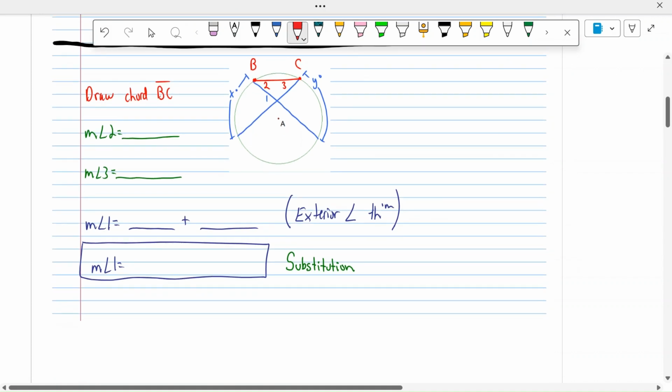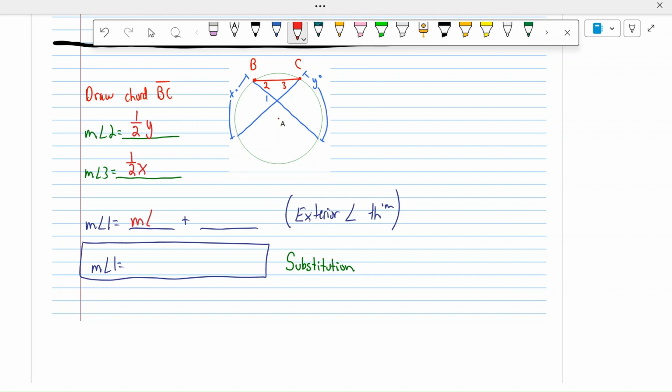So what we're going to do is draw in this auxiliary segment that creates angles 2 and 3. And angle 2 is an inscribed angle. Angle 2 is 1/2 the measurement of y. Angle 3 is an inscribed angle. Angle 3 is 1/2 of x. And then using the exterior angle theorem, which says that this exterior angle 1 is equal to the sum of those two remote interior angles, measure of angle 1 is equal to measure of angle 2 plus the measure of